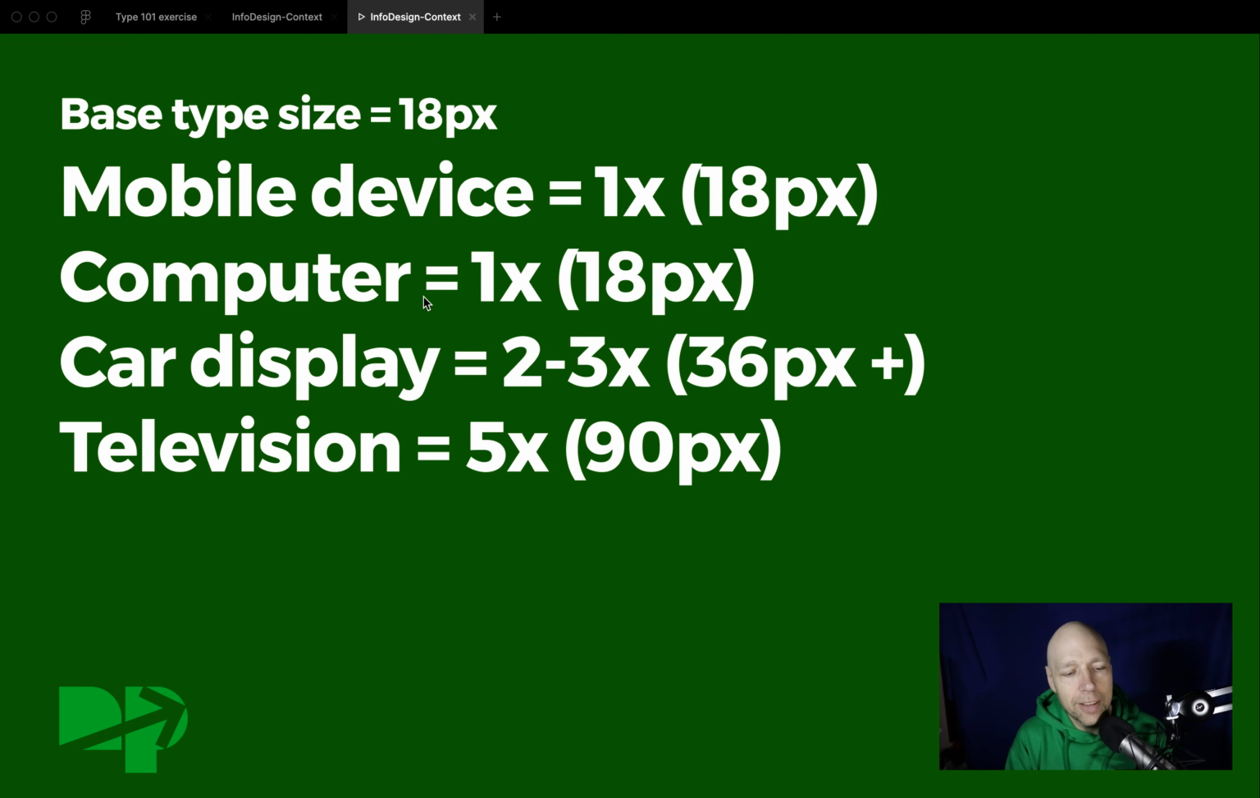So what that translates to is, on a mobile device, if we set the base type size as 18 pixels, well, clearly a 1x on that is going to be 18 pixels. Same for the computer, it's 18 pixels. A car display, the minimum, if I'm looking for a base typography size, I'm going to put it at like 36 pixels. It's got to be a little bit bigger. Actually, it's got to be significantly bigger because